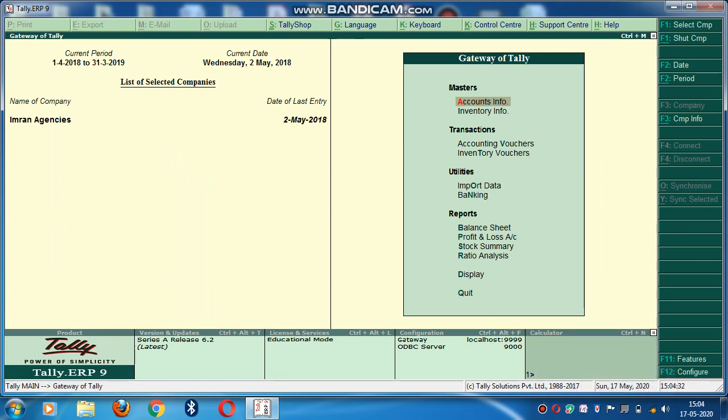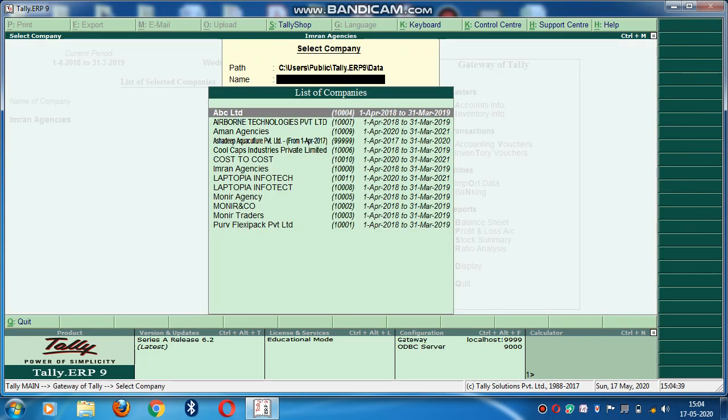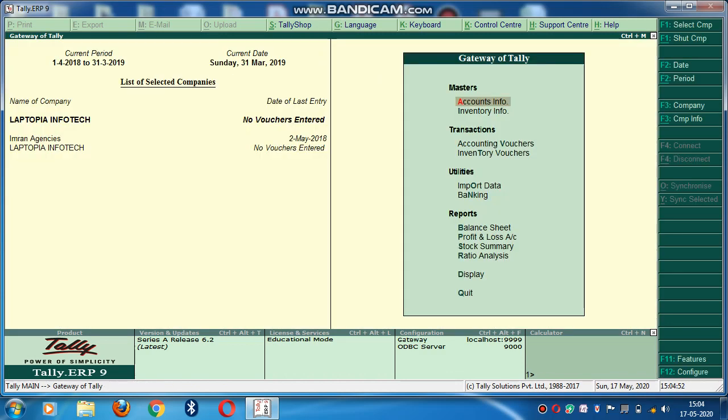My existing company is already open, so I have to shut it down and select the new company which I have already made for you all previously. I hope it is there. Laptop Infotech, it's there. This was the company I made previously. I hope you all remember this. So today I'll teach you how to create a ledger in Tally,